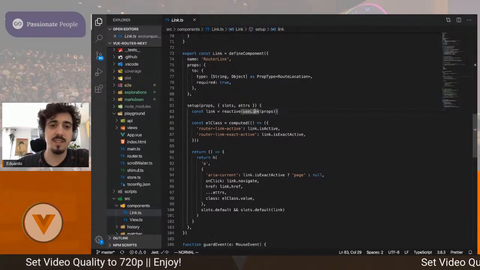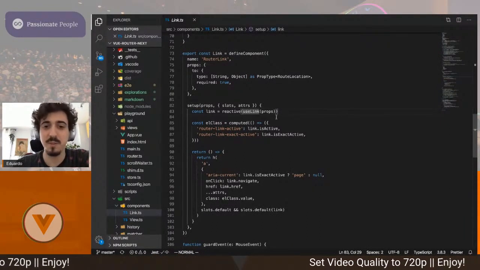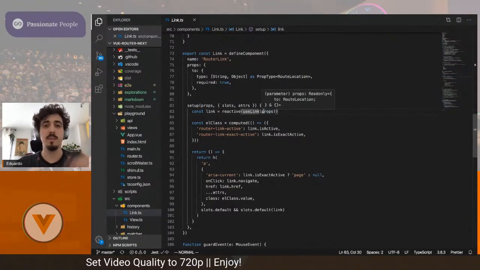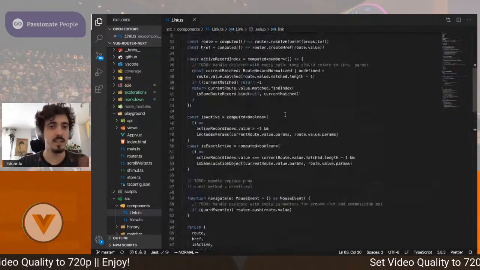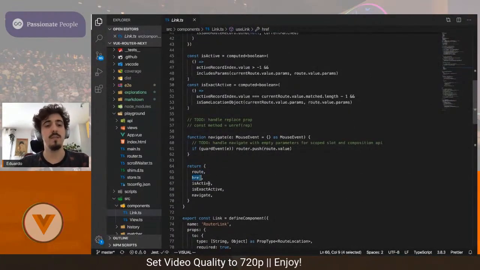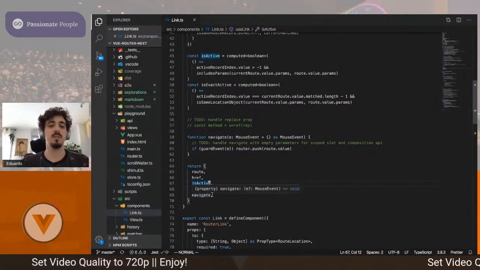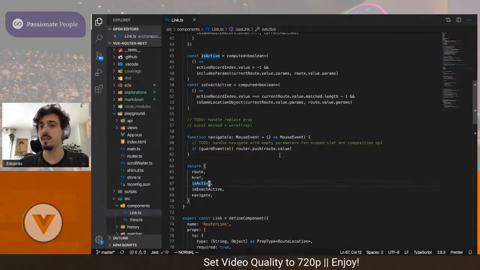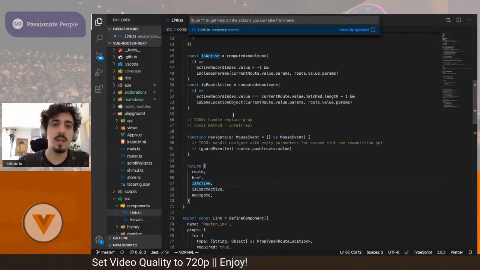There is a useLink function here that receives pretty much the same as a router link and contains everything you want, and at the end returns you the route, the href, isActive, and navigate. So basically everything you can see through a vSlot is achievable here through a function,